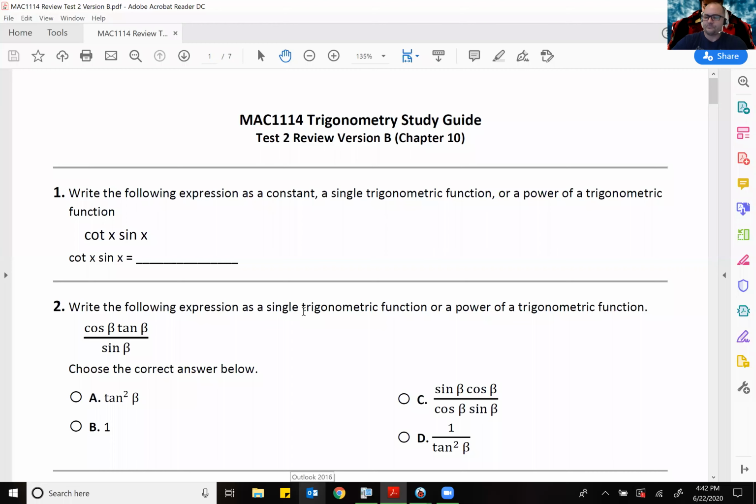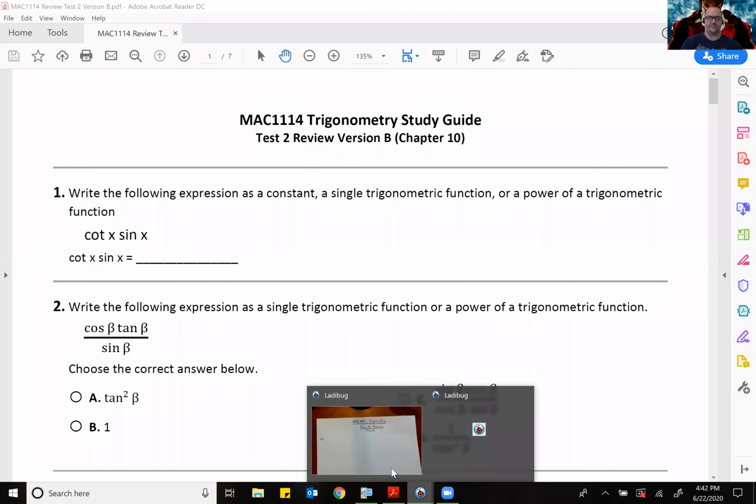When we look at number 1, we want to take cotangent x and sine x being multiplied together, and we want to simplify, or in other words, reduce it as far as we can to either a number, a single trig function, or a power of a trig function. With that being said,